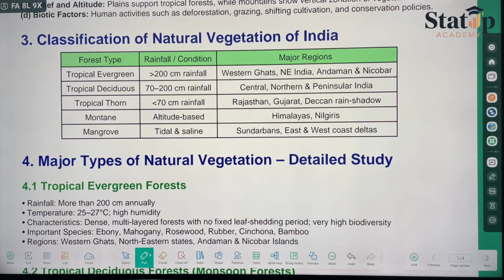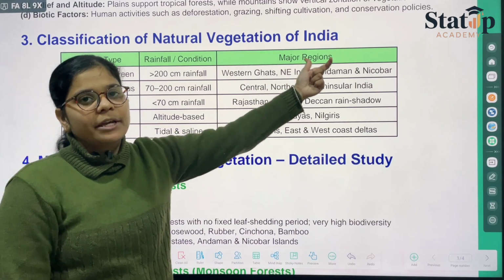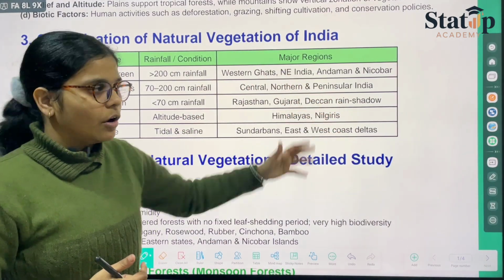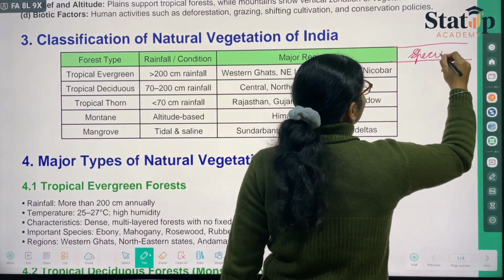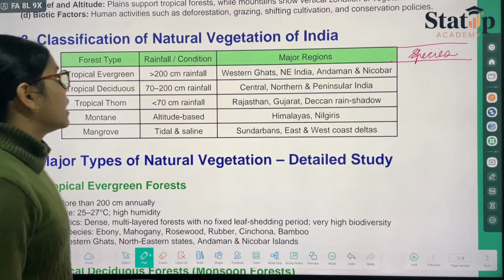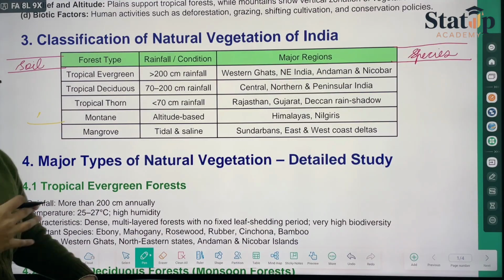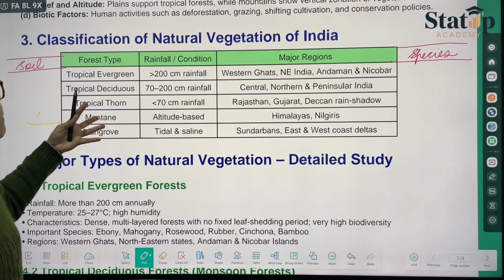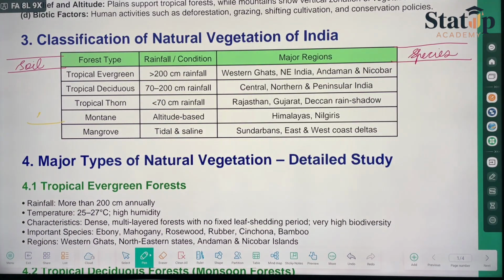Okay, we have the forest type, the rainfall conditions that are required, and the major regions in which certain forest cover is found. Another topic that you can create on this is basically species. Another thing that you can include is type of soil. So certain things will make it more creative, or easy to learn and grasp. So when we talk about tropical evergreen forest, we have